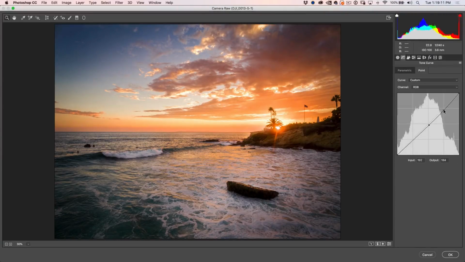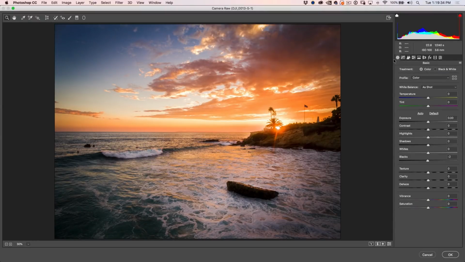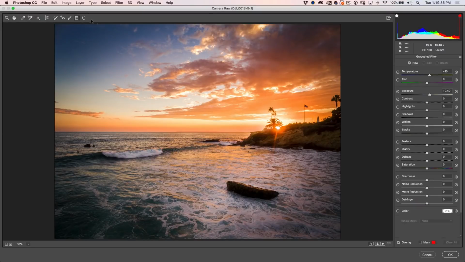I'm going to keep these highlights nice and bright. And let's have a look at the shadows. Let's just bring those shadows back just a little bit. So what I'm doing is just kind of dipping it a little bit there, and it's giving that little more strength in this area of the image, and it makes it feel like it's got more punch, and this just looks a little bit more golden to me. It's a small change. Another thing I want to change is I'm going to go up here under the gradient,